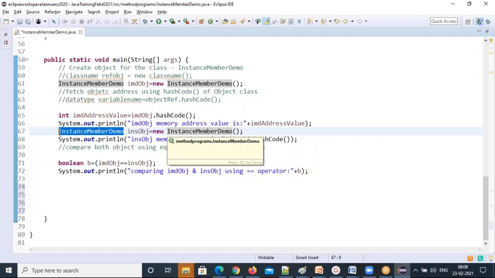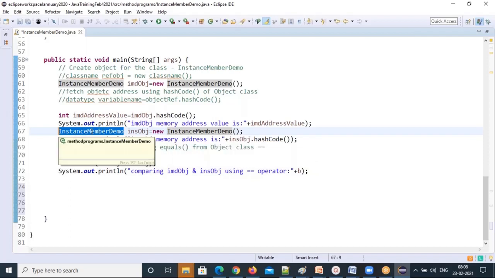Now, why, sir, is it a local variable? You can say, what is the data type? It is a non-primitive data type. Class is one non-primitive data type, right? If you understand all these variable concepts in depth, it will come nicely and you can understand all these concepts. That's what I told you.